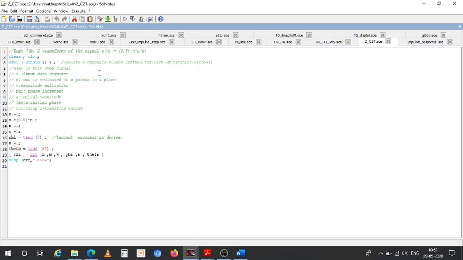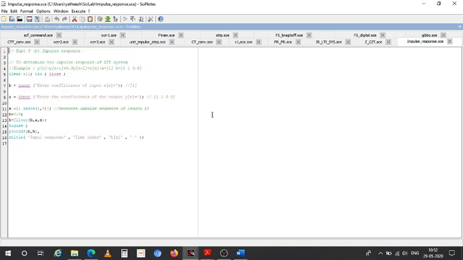For the impulse response, you can see here this is a function that is taken and it has a numerator as 1 and denominator as 1, 1 and 0.9. These are the values you can input to verify the output. Later you can change any coefficients with numericals from the textbook and verify.